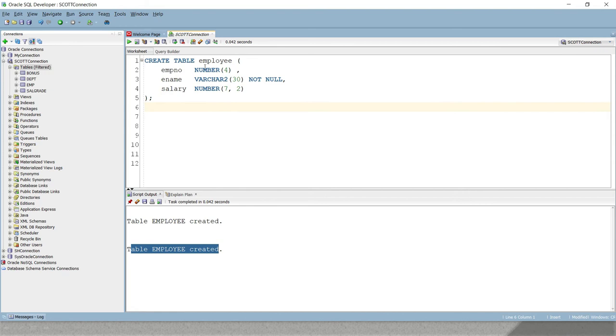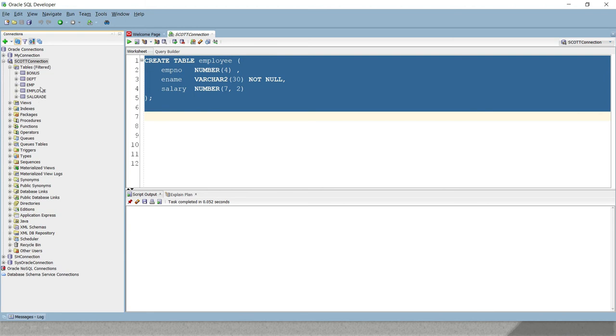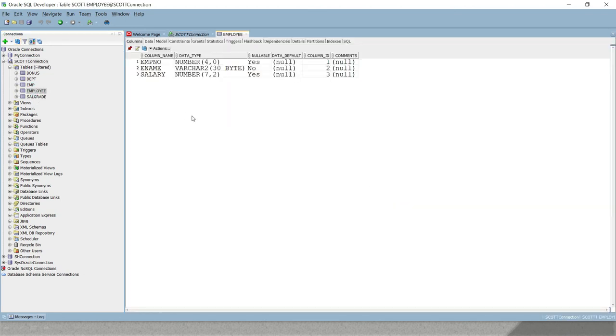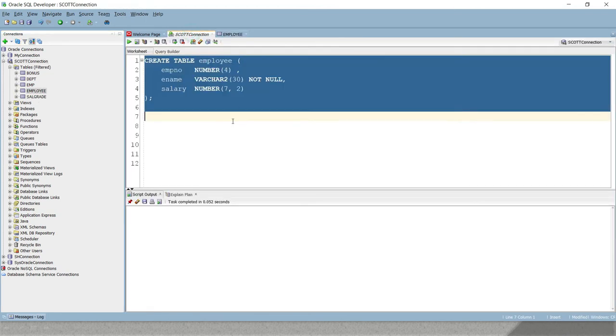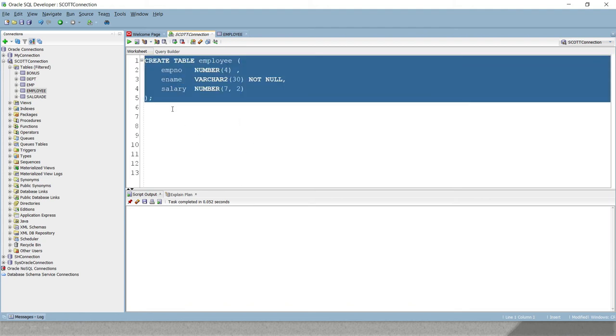Now here we are not creating any kind of primary key, and I have created the table. The statement says the table is created. If I refresh my connection, you can see the table is created. But at the table creation time, we haven't defined any primary key. Then using the alter table command, you can add a primary key. But there are certain things you have to keep in mind when you have created a table structure and inserted a lot of data in your table.